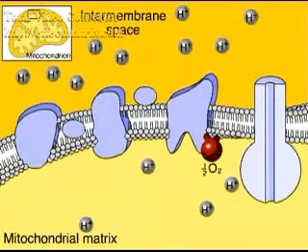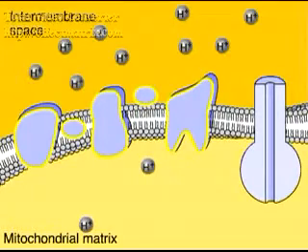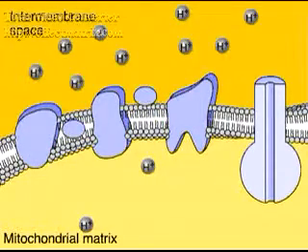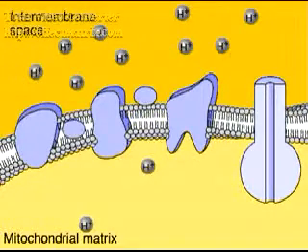The last complex adds a pair of electrons to an oxygen atom and two hydrogen ions, forming water. The electron transport chain has used the energy of moving electrons to pump hydrogen ions into the intermembrane space. This buildup of hydrogen ions, like water behind a dam, stores the potential energy that was originally in the bonds of glucose molecules. The backed up hydrogen ions give up their energy when they diffuse through a special protein complex